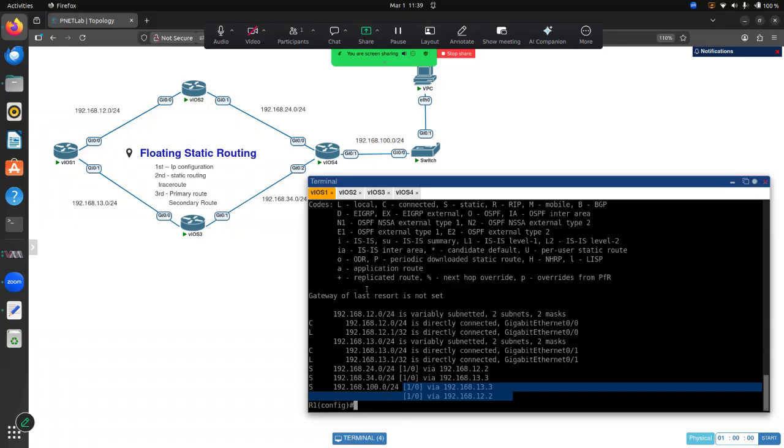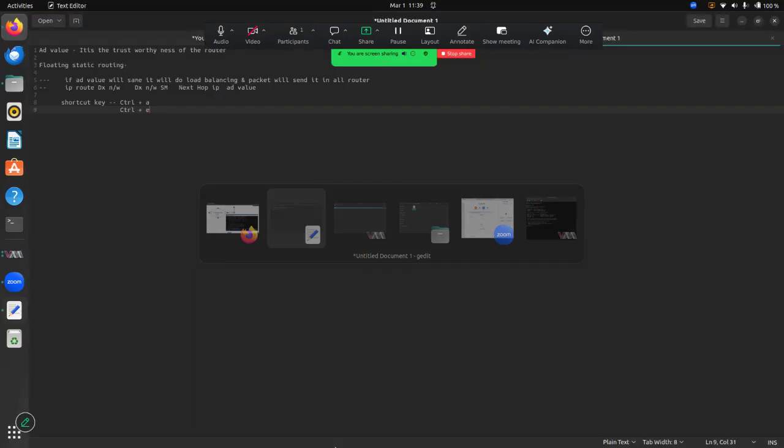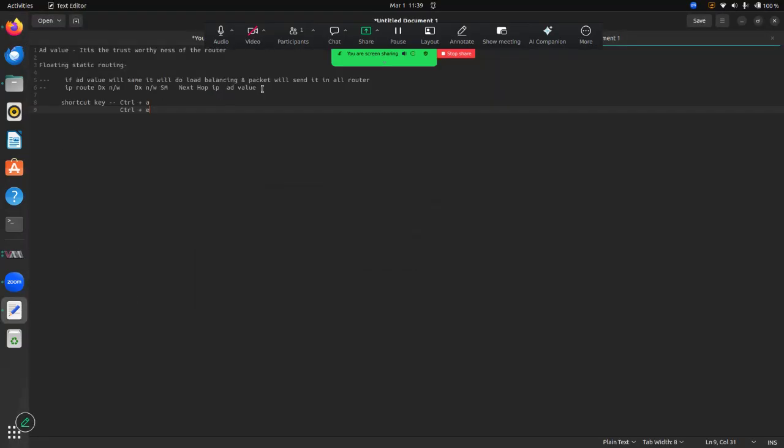For the primary route, there is no need to increase the AD value of that route. If you want this route, we will make it the primary route. Then in the other route, we will increase the AD value. I'm showing you here, I already wrote the formula: IP route, destination network, subnet mask, next hop IP, and the AD value also we will use. Okay,